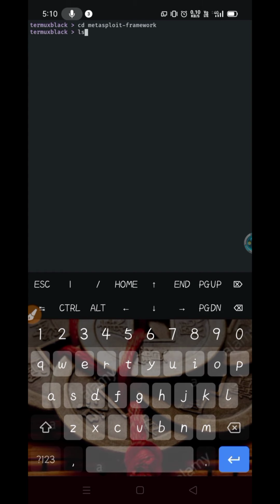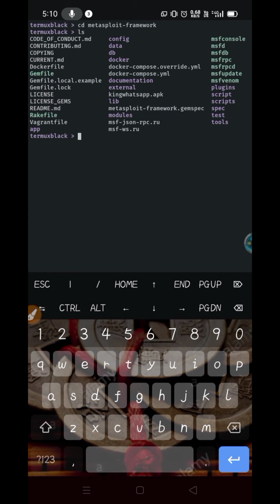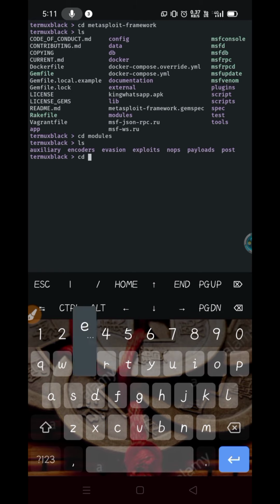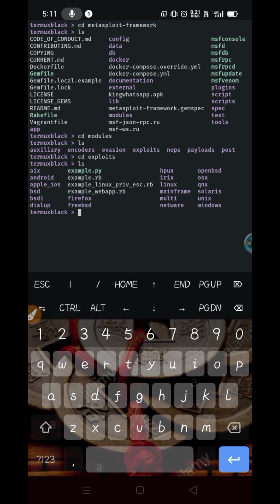All links and commands are in the description, so check it out. cd modules, ls, cd exploits, ls, cd android, ls, cd fileformat, ls.